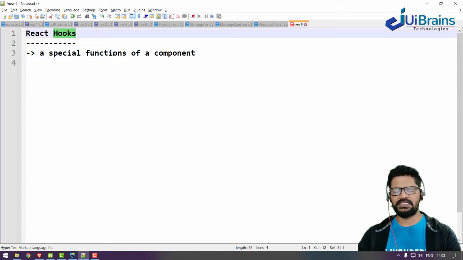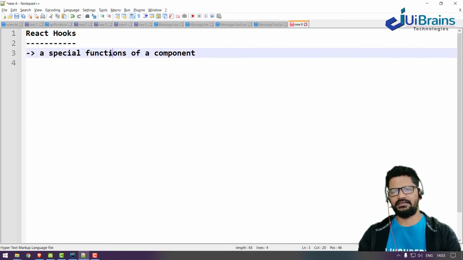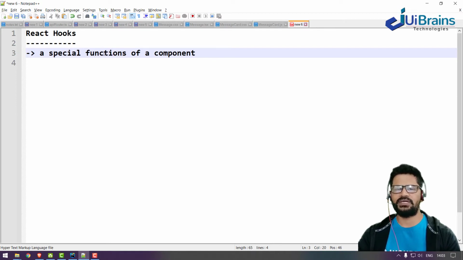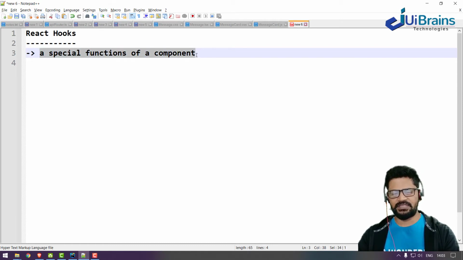It is not something new. It has a special syntax as well, and each hook can be used for a different purpose: state management, fetching data from the server, callbacks and so on. So it is a special function of a component to maintain the state.